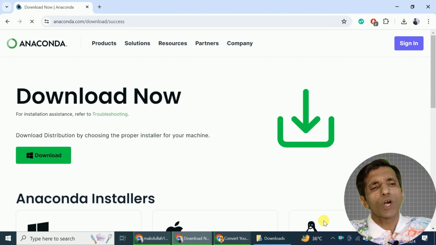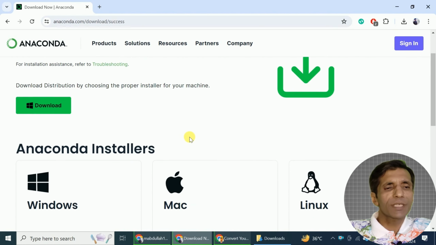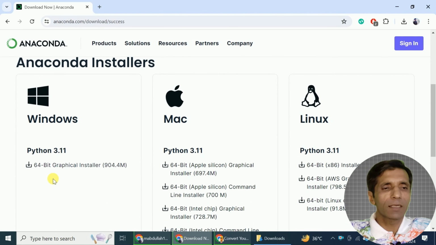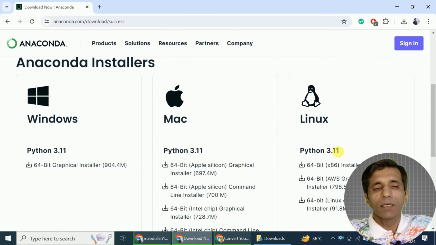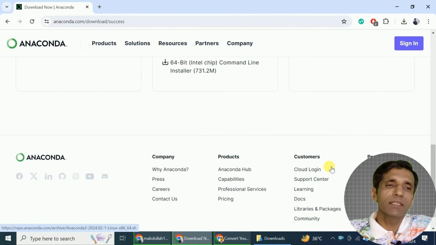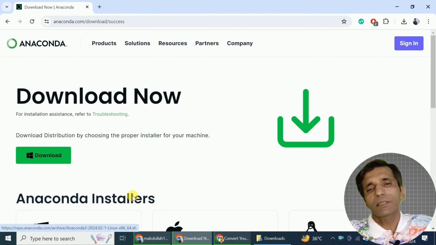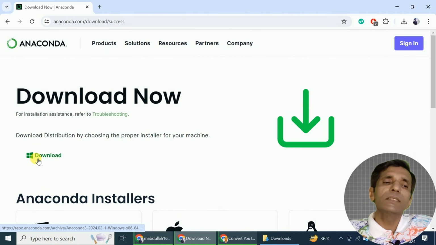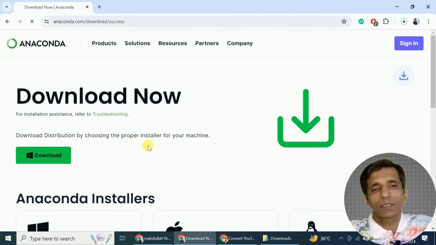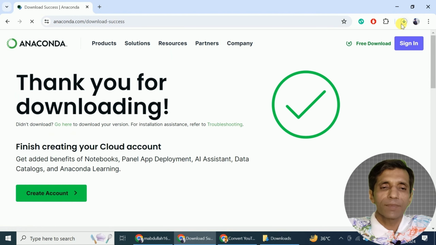So here normally you have three options: distribution installation on Windows, Mac or Linux. There are other operating systems as well where Python can work, but in this distribution you have just these three